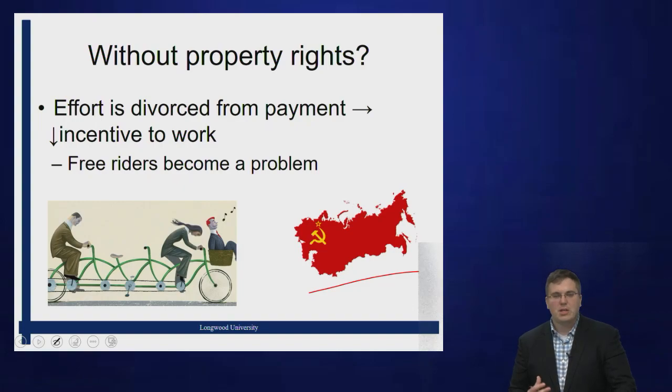Okay, but historically, command economies, or these communist economies, had abolished property rights. In fact, that is how Karl Marx summarized communism. Karl Marx summarized communism as the abolition of private property rights, right? And so one of the big problems that they had in those sorts of systems is that effort was divorced from payment,